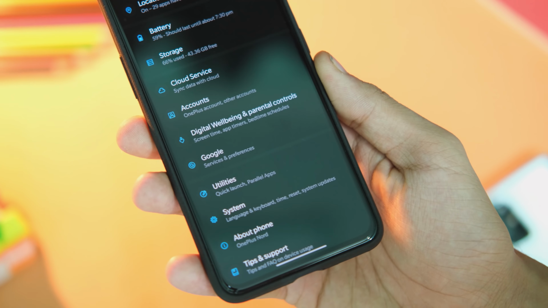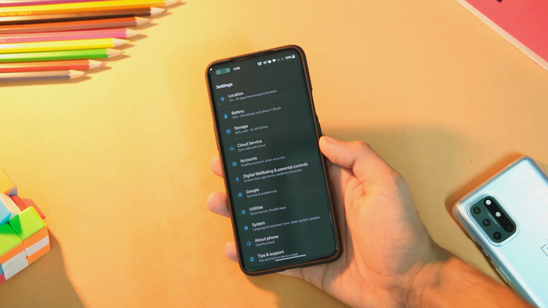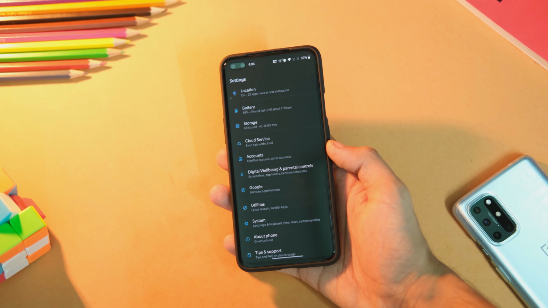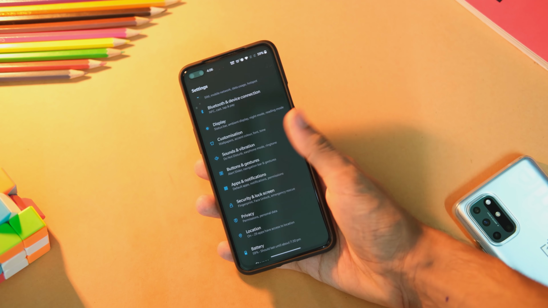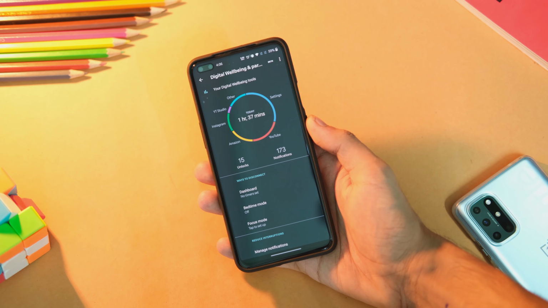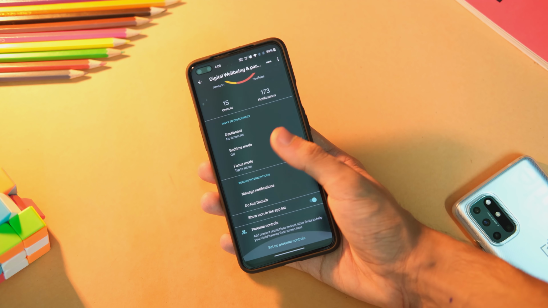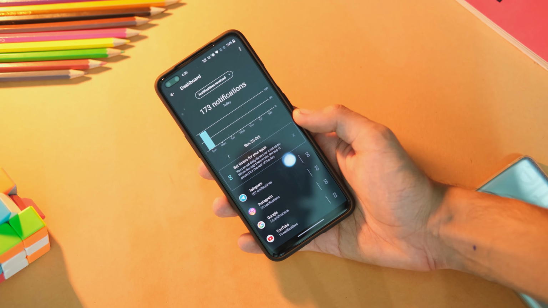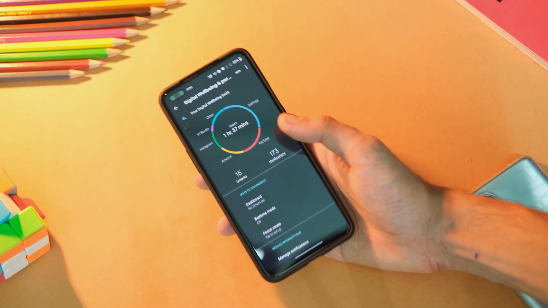And the next feature is also associated with smartphone addiction. So this one is called digital well-being and I'm pretty sure most of you must have heard of it. And you can find it in settings on your OnePlus device. This feature basically tells how many notifications you have got in your typical day of usage and how many times you have unlocked your device. Plus you even get a breakdown of how much time you have spent on an app, which is really handy.